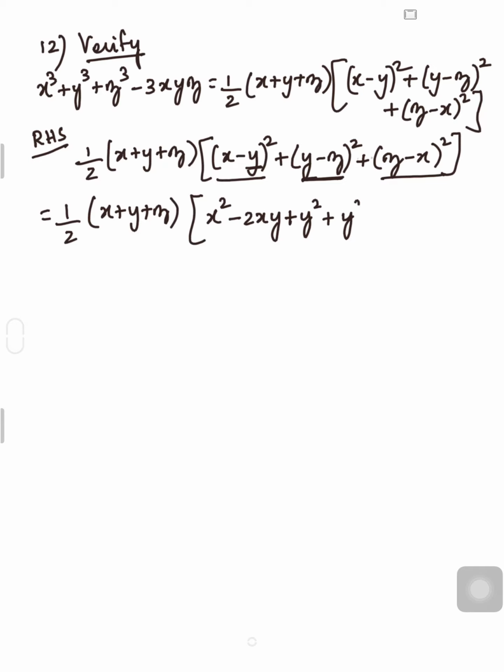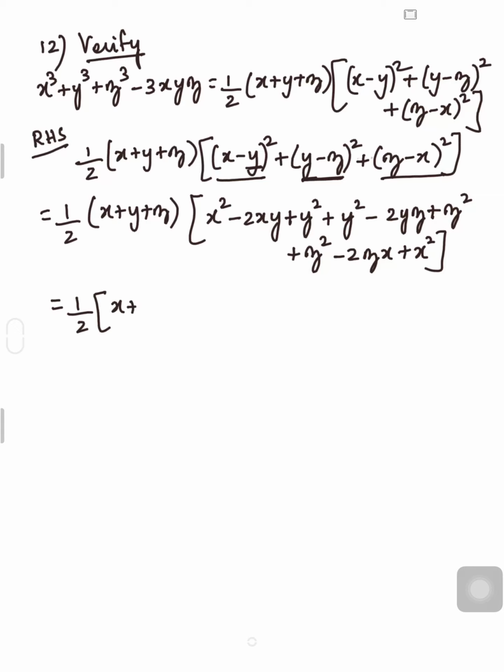So what is a here? Y. So y squared minus 2ab minus 2 into yz plus b squared is z squared. Similarly plus z squared minus 2zx plus x squared. So it is equal to half into x plus y plus z into, you know, x squared, there is one